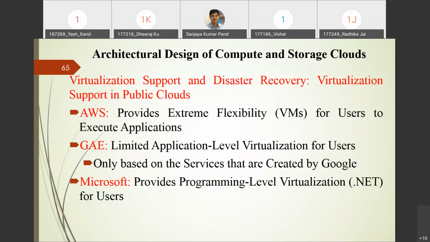So you will get more flexibility as a user, but such a facility is not applicable in all the cloud service providers. Like I told you, one word is called customization. The customization facility is not provided by all the cloud service providers.